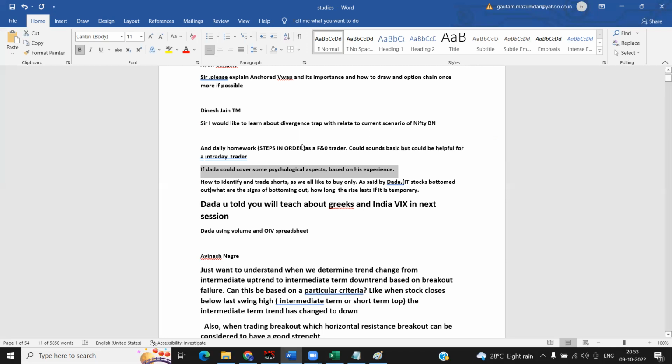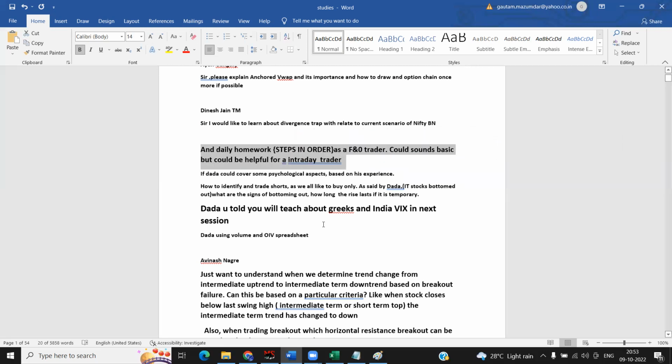And as an FNO trader, what are the steps in order? Somebody please remind me. I'll give you a list of this on Telegram itself. I need to think of it in detail and I'll write it. The things which we check normally on the FNO side, which I showed you on the futures side, likewise the option chain, IB, HB, all these too. One by one, in small parts, we'll take up the entire thing. I'll write it and then give it to you.